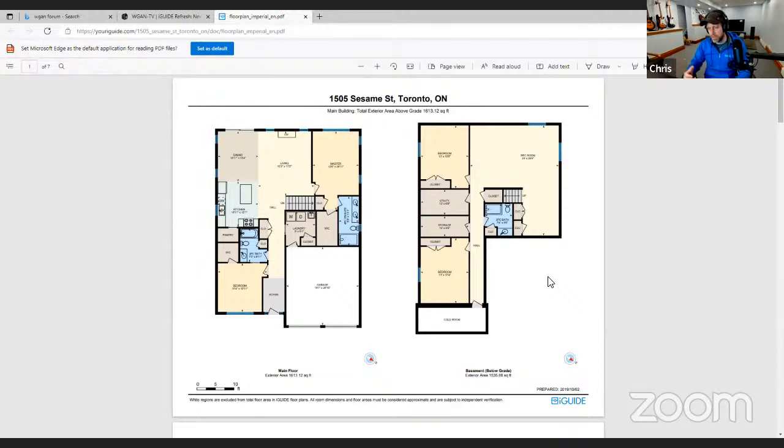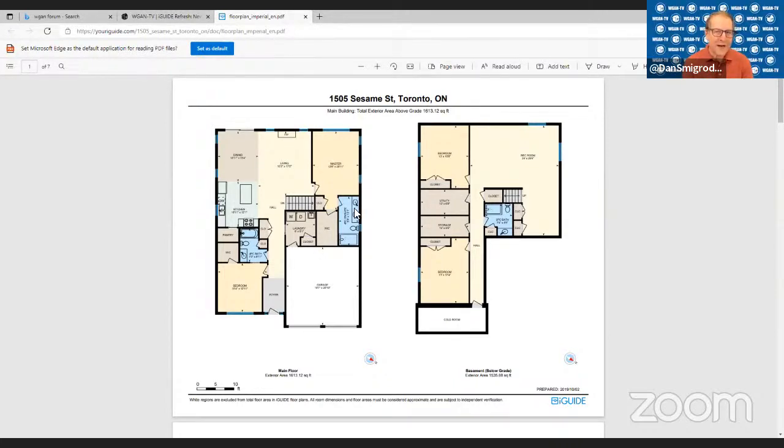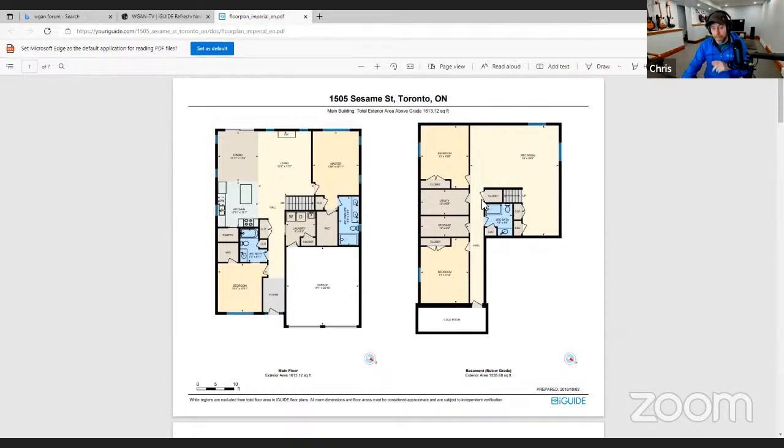So this really shows you the strength of the iGuide, which is that it's not just a pretty face. It's not just a tour. It comes with a full set of PDF floor plans, which are actually available in PDF, SVG, JPEG, and DXF. I'm sorry, what was the last format? Oh, DXF. That's a weird one. That's AutoCAD's exchange format. Okay. So if you're a space planner, that's going to be an important file. Absolutely. If you're a space designer and you work with CAD, you're going to love that one.